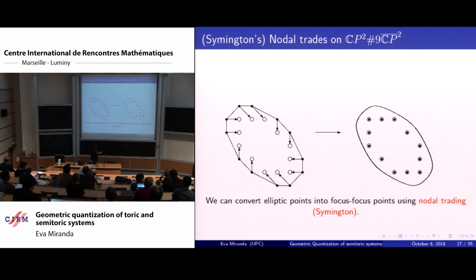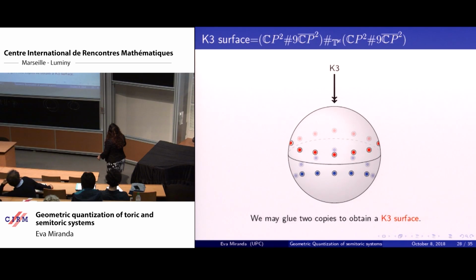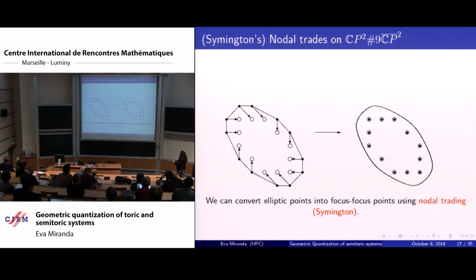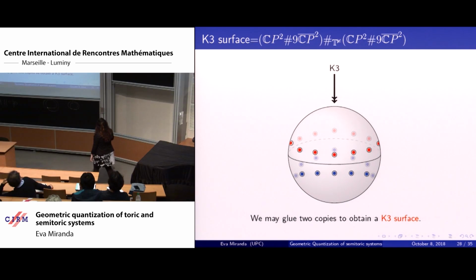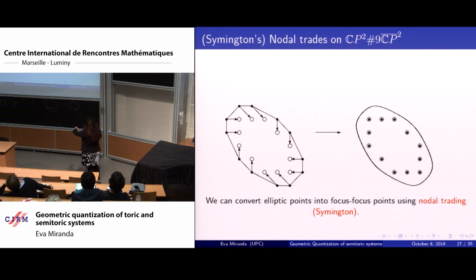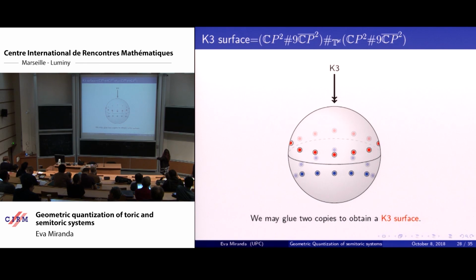Okay, so now what is this manifold? I have here exactly 12 points. Okay, I have these 2 parts, and what I'm going to do is construct K3 by gluing 2 of these manifolds, which I do with a Gompf sum. Sorry, this is T2. I didn't go over it, this is a 2. An error here. So I glue along, the boundary of this is going to be a torus, and I just do the Gompf connected sum of these 2 of them, okay? And this is going to give me a K3 surface.